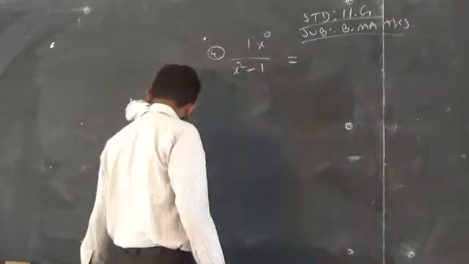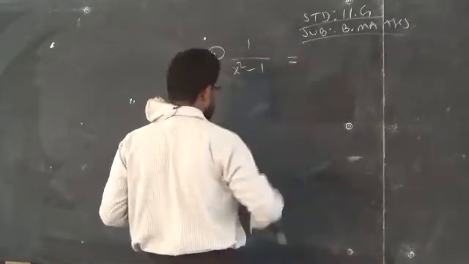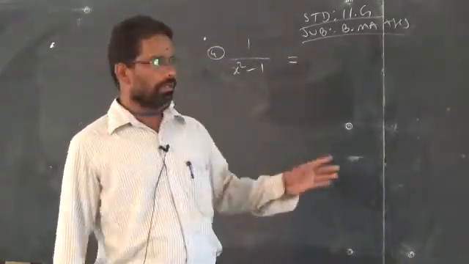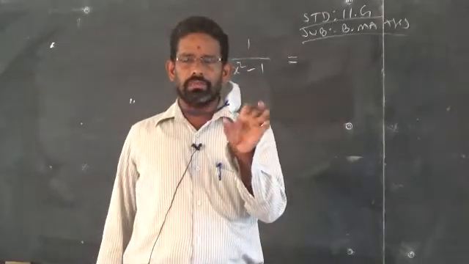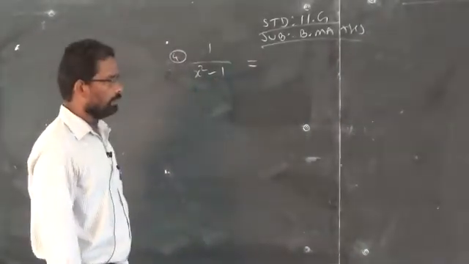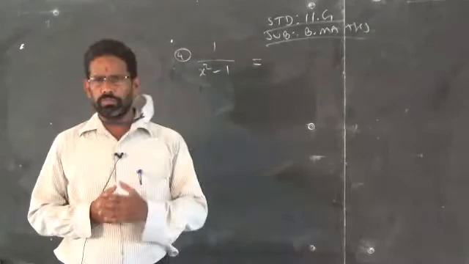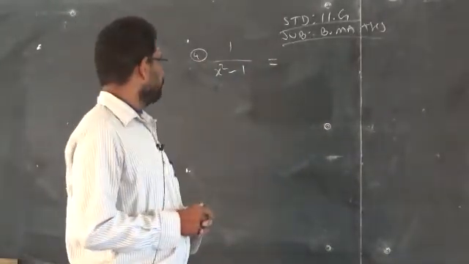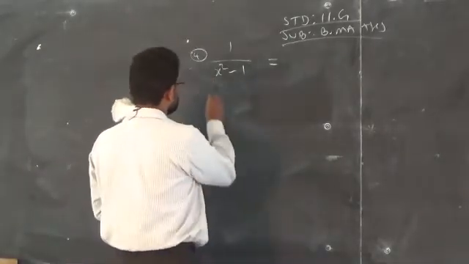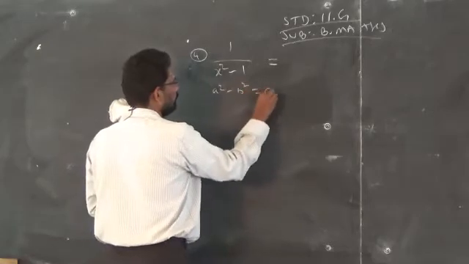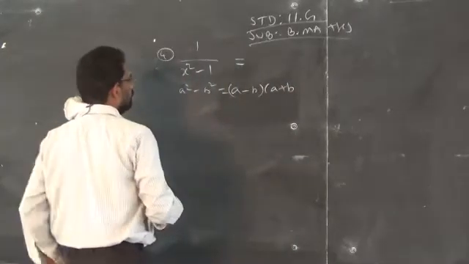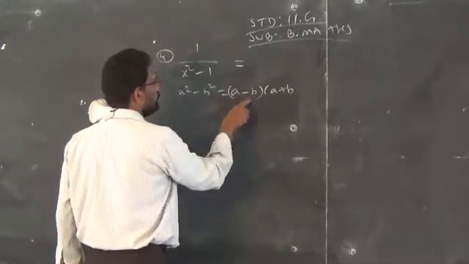In this case, I told you yesterday very clearly, when the denominator is in factor form, then no problem, you can proceed. When the denominator is not in factor form, then you go for factorization. Now, here it is not in factor form, but you have to factorize. Some of you may wonder that you can factorize only quadratic expressions. Not like that. Some identities that we studied in lower classes, that is a square minus b square, can be written as a minus b into a plus b. Clear? So, a square minus b square equals a minus b into a plus b.